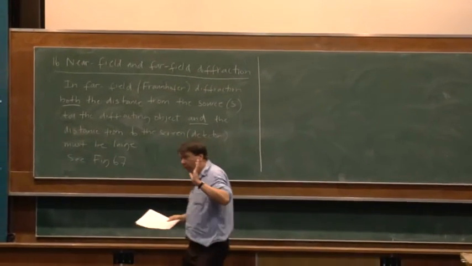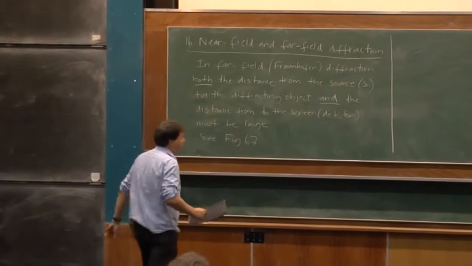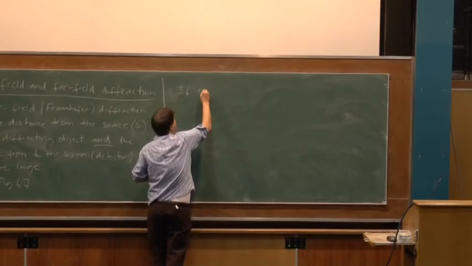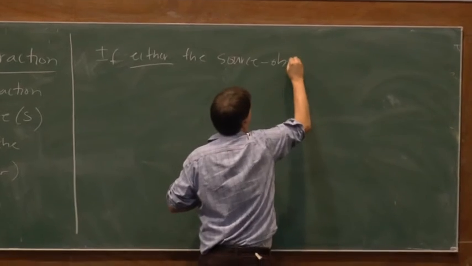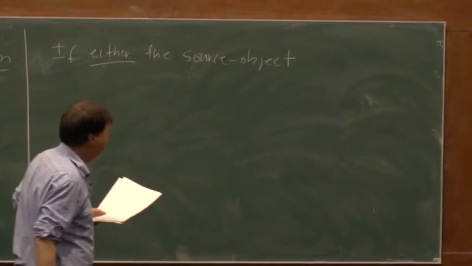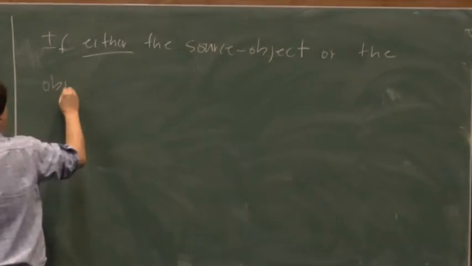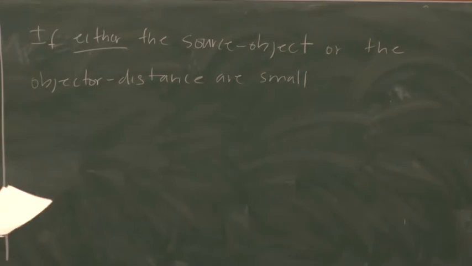So Fraunhofer, you've got plane waves arriving at the slit, and you've moved your detector far enough away that you can also use the plane wave approximation at the detector. So if either, again, let's emphasize this, if either the source to object distance, because that causes the arriving waves to be still spherical, or the object to detector distance are small, if either of those are small, in the diagram there, they're illustrated as both being small. The source is close and the detector's close. But if either of them are small, we get,